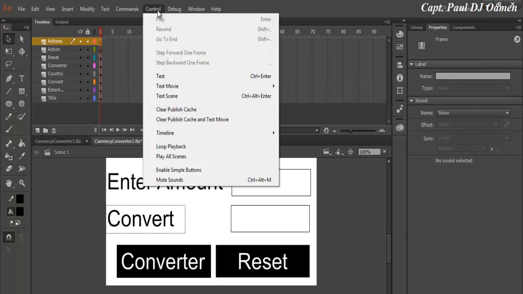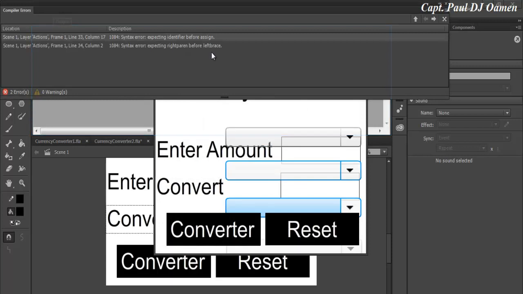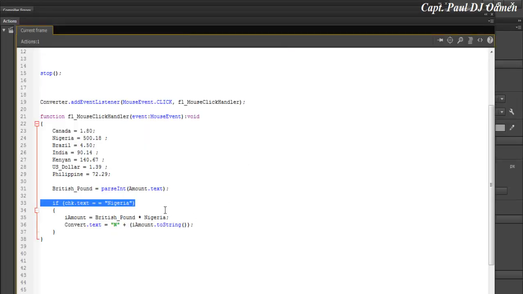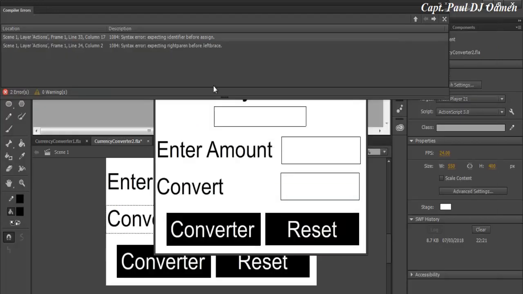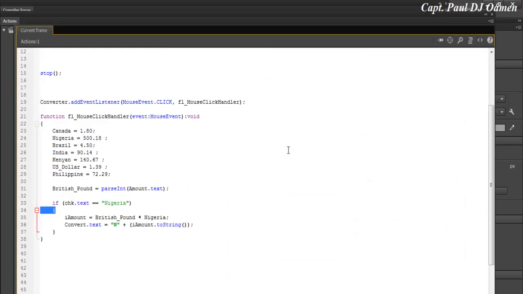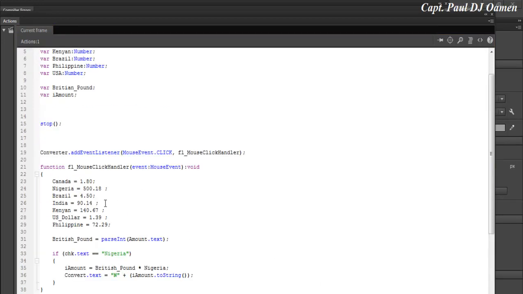Come in here, control, test scene. Okay, we have an error. Double click on that to find out what happened. Okay, in here, equals, there's a space in between, that's not allowed. And what else? What other error do we have? Okay, I think that might be all. Okay, the other error might be this